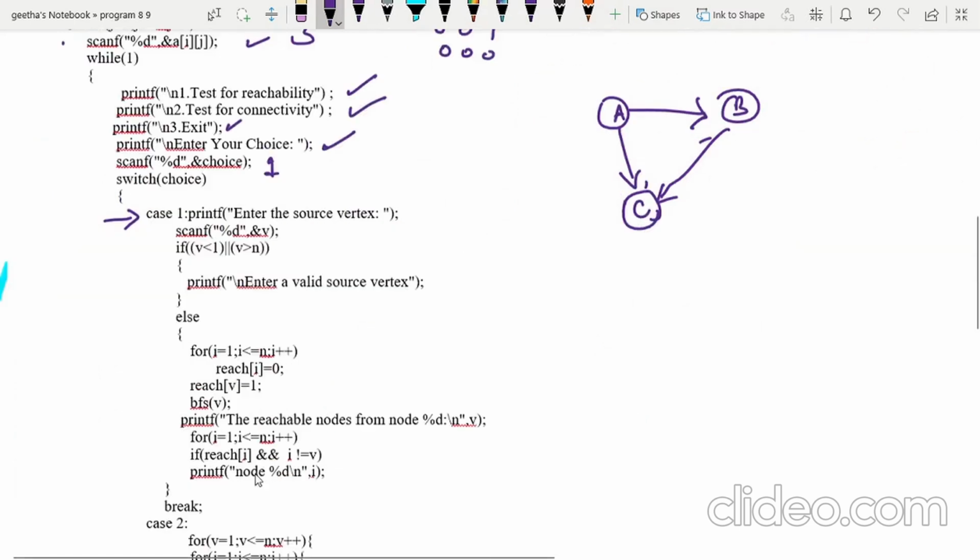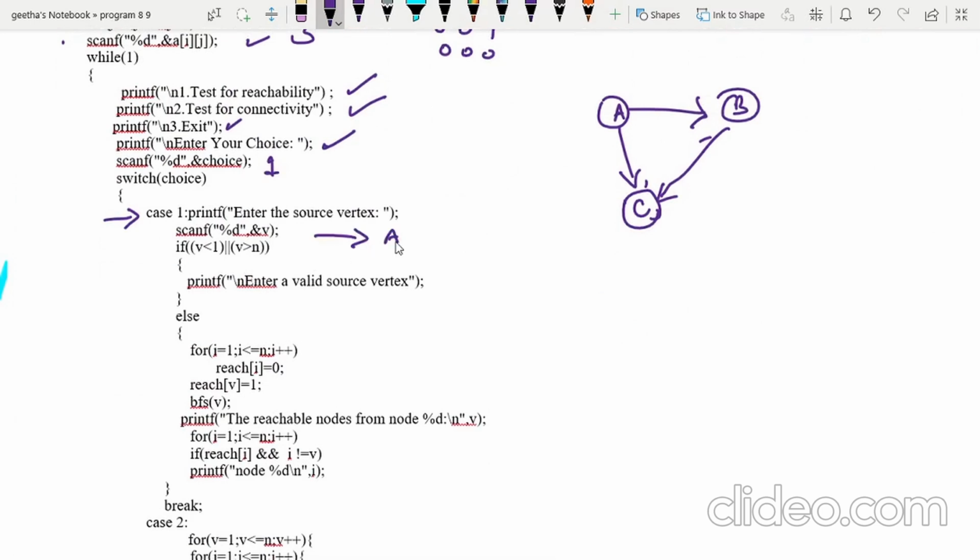Here I will give the vertex as A. I want to find the reachable nodes from A. And then I will check whether V is less than 1 or V is greater than N.